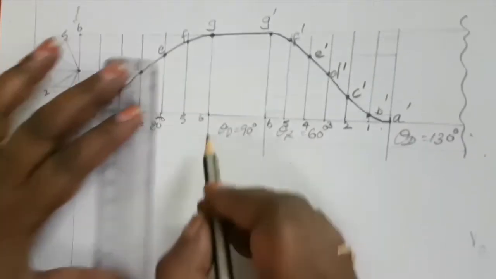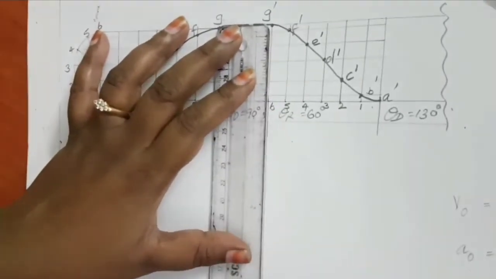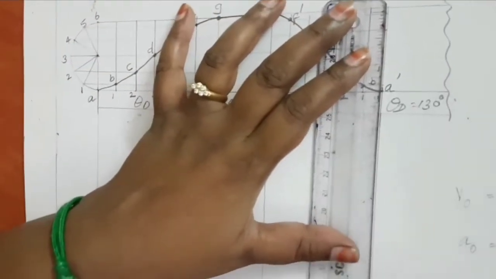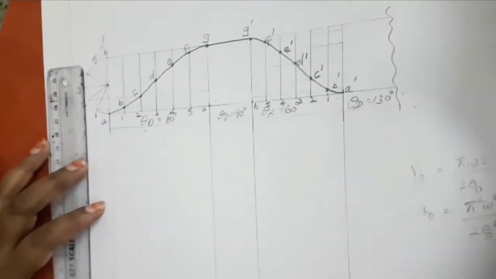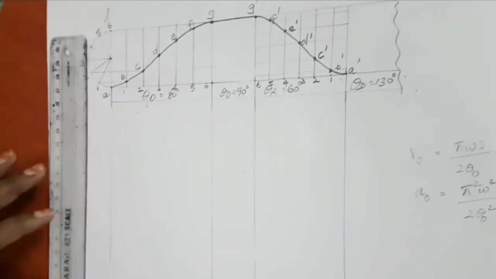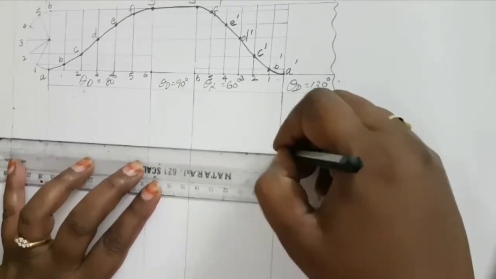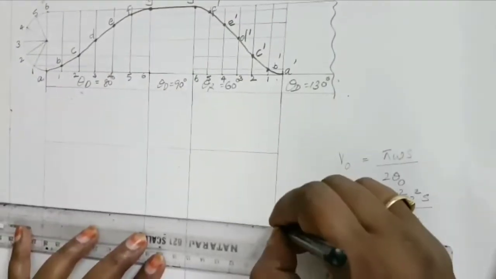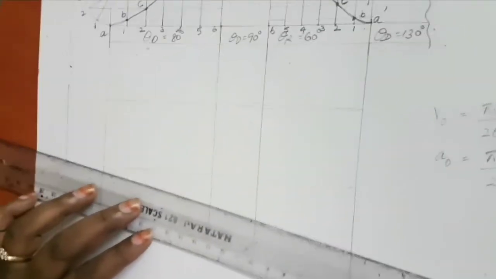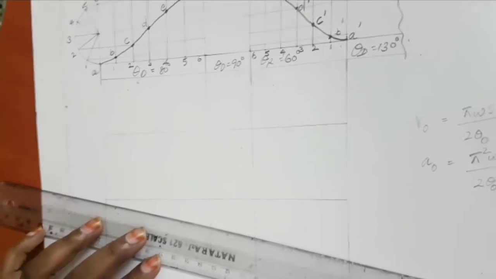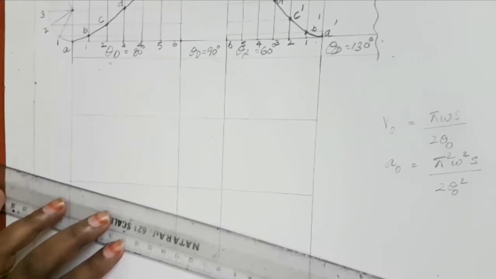So below this you have to draw your velocity and acceleration diagrams also. So again the same way whatever you have done in the uniform acceleration and retardation. So you had a formula. In the same way here also you have formulas. So with the help of the formulas you have to draw the velocity and acceleration diagrams. So you need to calculate the velocity first, then later you have to make it with a suitable scale. So how can you make this?